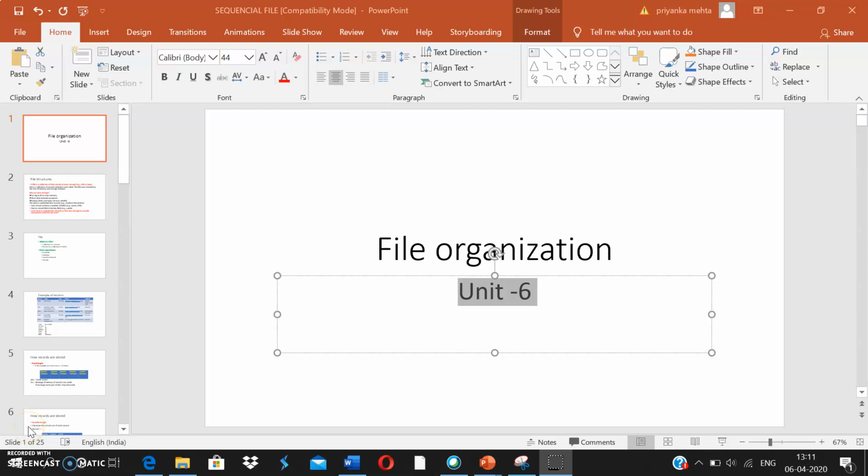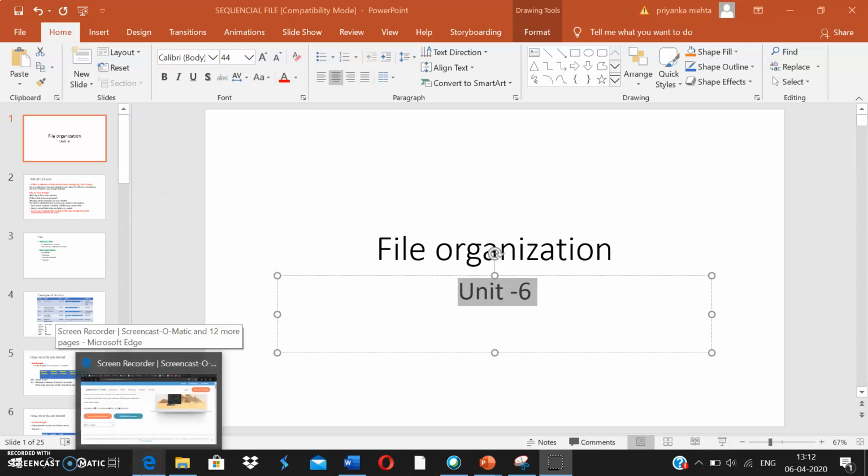Hello everyone. So I will be starting with Unit 6 from today, File Organization. The main topics under this particular unit are the different types of files: sequential file, direct access file, and indexed sequential files. So we will be discussing each file one by one, along with the code for the same. In this video, I will be giving you the basic introduction of file,